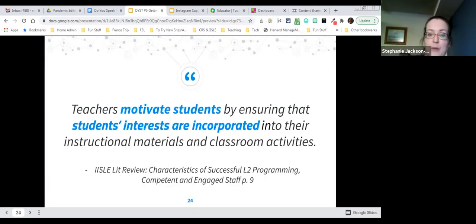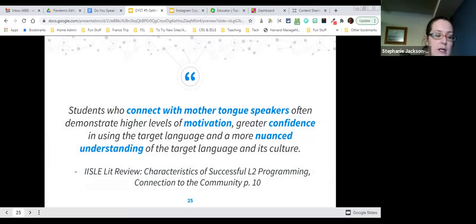So by integrating these social medias and these new ways of engaging with language into our classroom, it's going to motivate students, right? And when we're motivating them, we're going to be improving their language learning. And we're not just increasing the motivation. Connecting them with social media is really connecting them with native speakers of the language, right?